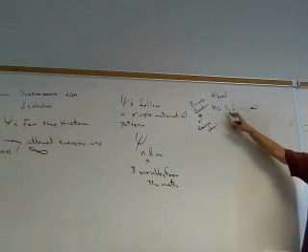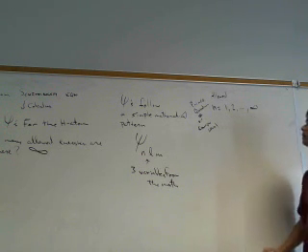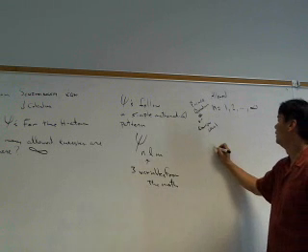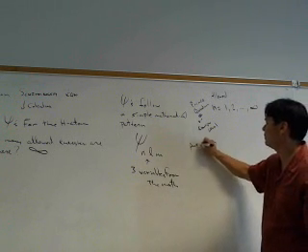So the lowest energy level would be 1, the highest energy level would be infinity. Those are allowed. And then L is called the angular momentum